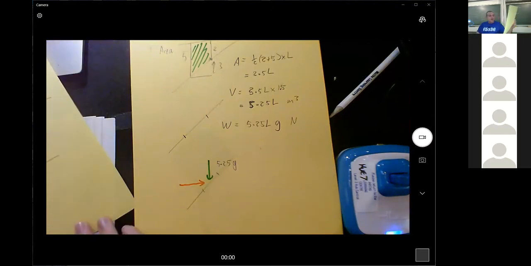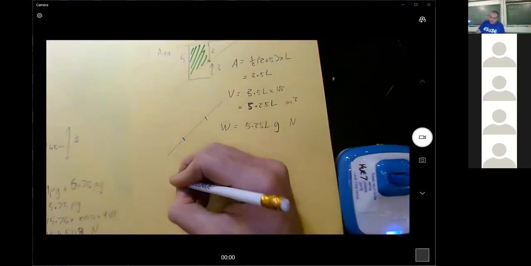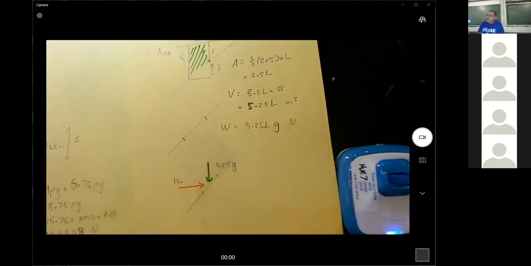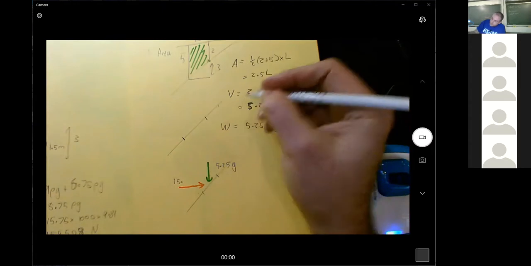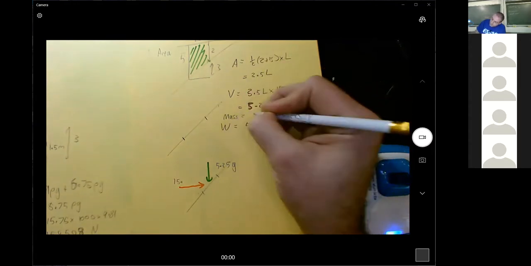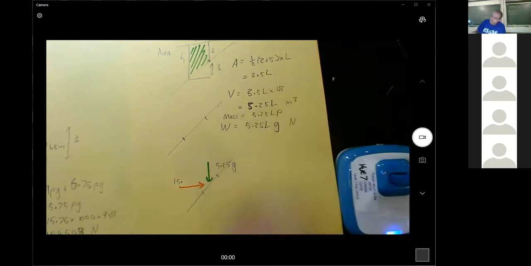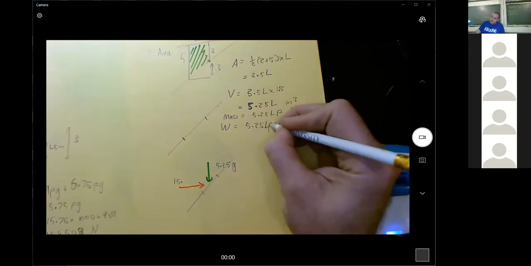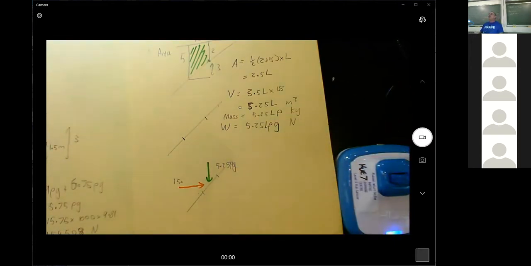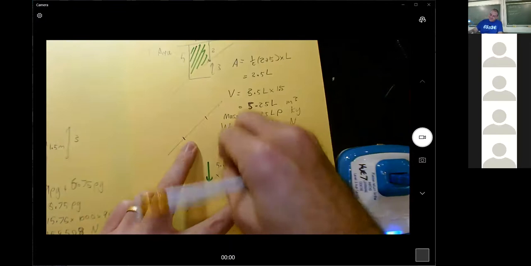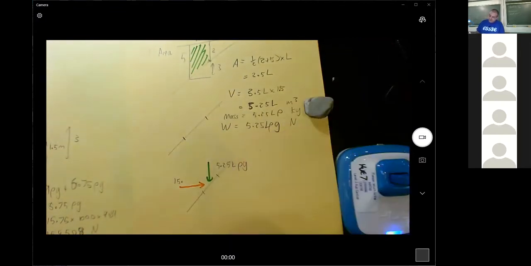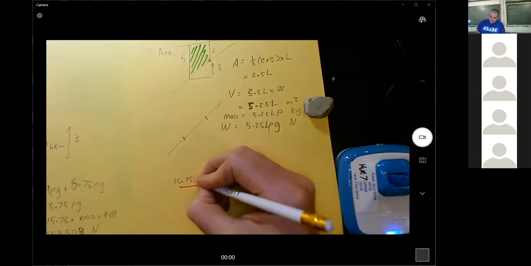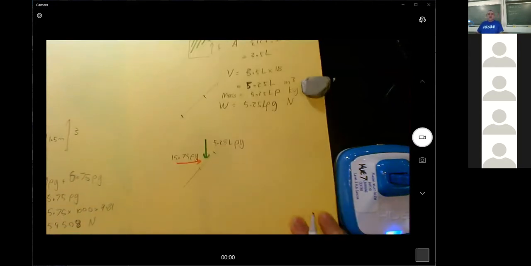which was... no, haven't times by the rho yet. The mass times by the density, and now that's in kilograms. Oh, cool, they're both in terms of rho g. How cool is that? Nice. This was 15.75 rho g. And so the magnitude ought to be